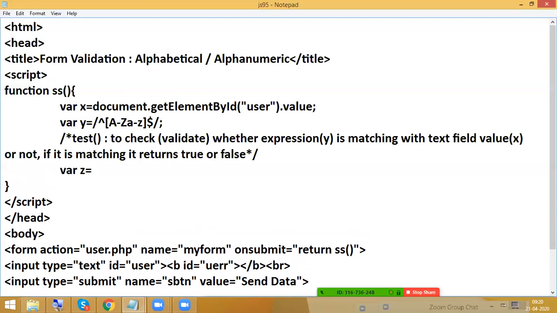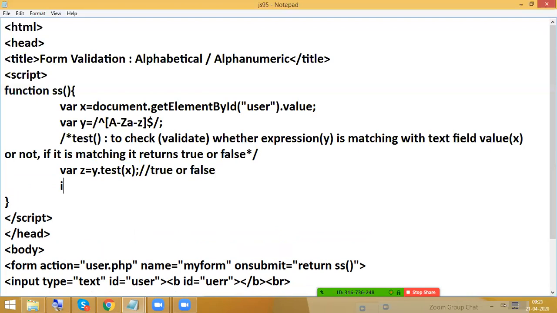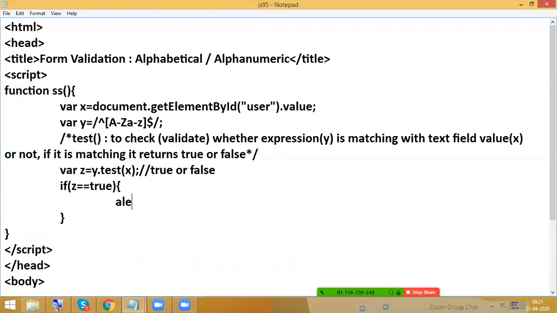Now I am going to write something here. z equal to y.test(x). So what is z here? Whenever the y expression is matching with x, then the result is true, otherwise false. So z is nothing but true or false. Finish. z equal to true. If it is z equal to true, that is nothing but success. Successfully sent. Okay. Generally, we will write false first, right? No problem. Okay. So else